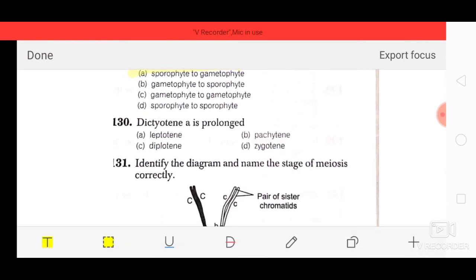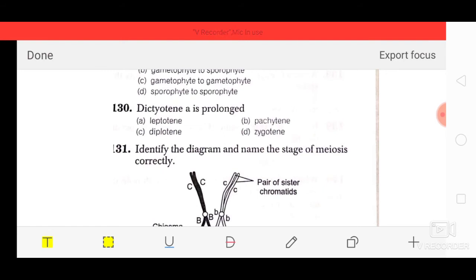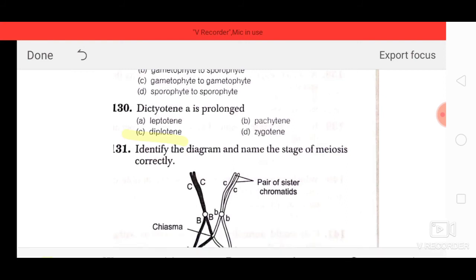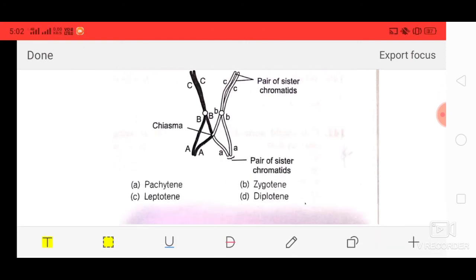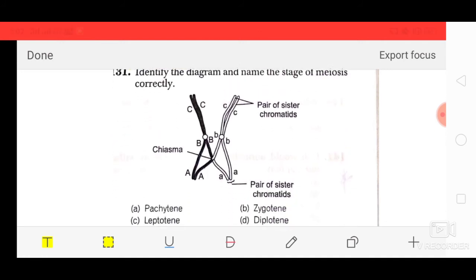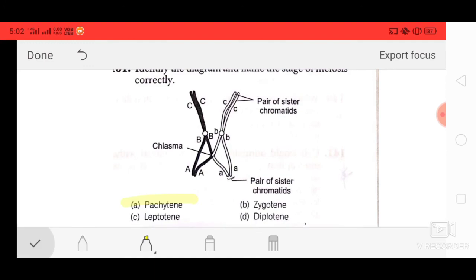Dictyotene is a prolonged stage. Options are A leptotene, B pachytene, C diplotene, and D is zygotene. And the correct answer of this question is option number C, that is diplotene. Next stage is identify the diagram and name the stage of meiosis. यानी कौन सा स्टेज है ये, किस में क्रॉसिंग ओवर होता है, वही वाला स्टेज है. So the correct answer of this question is option number A, that is pachytene. Next is